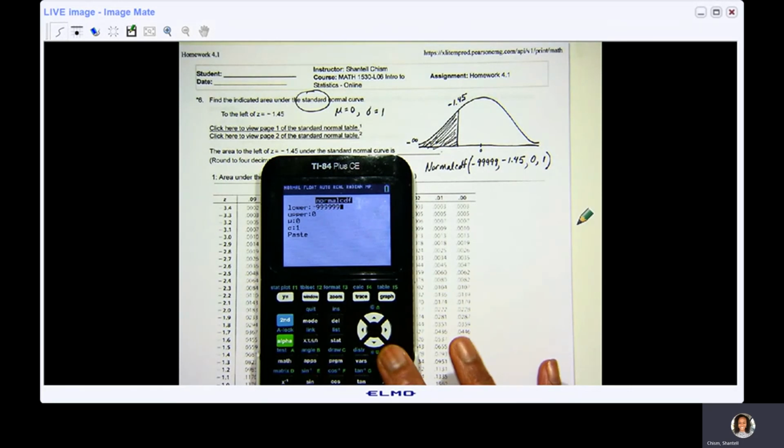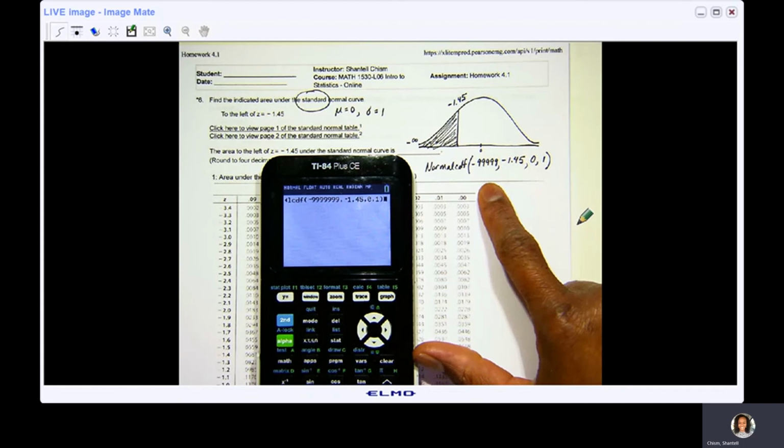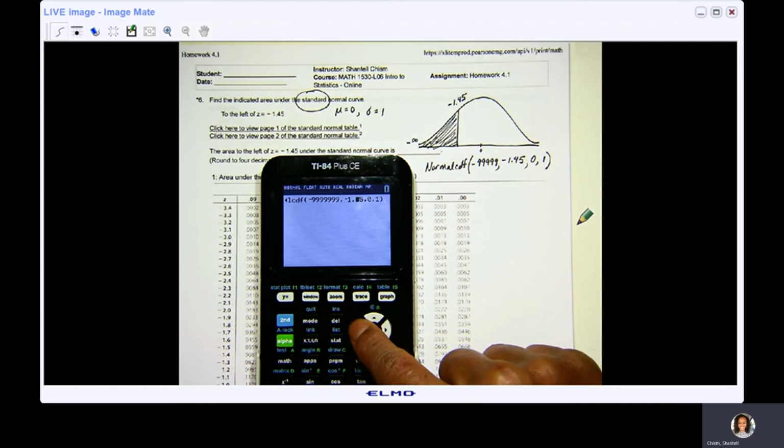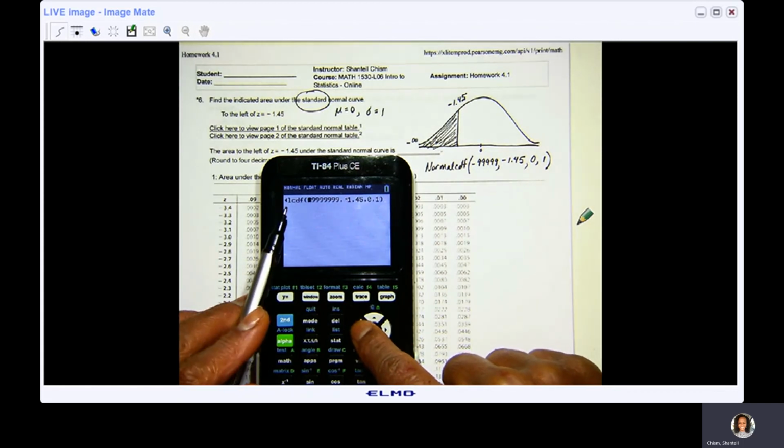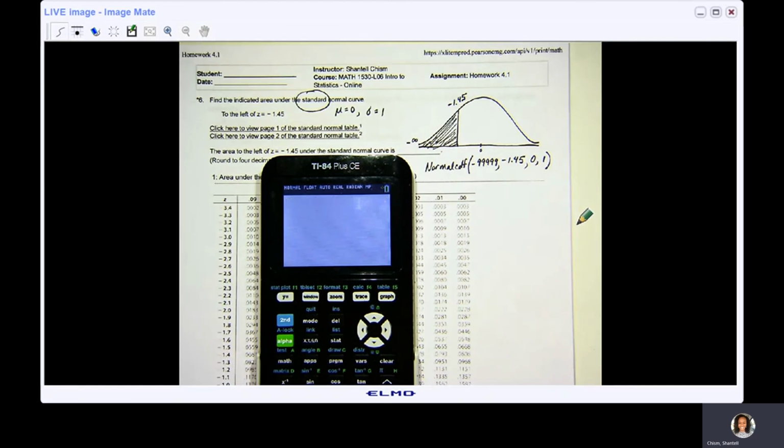We've got negative 99999. Our upper bound is negative 1.45. Our mean is 0. Deviation is 1. We hit paste. And that is now pasted on our home screen. And you can arrow over. You don't see the full word normal CDF, but it's there. And then press enter. So the area to the left of negative 1.45 is